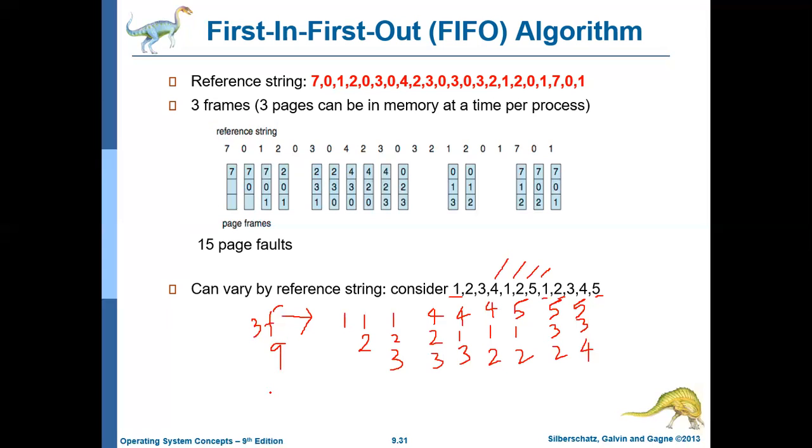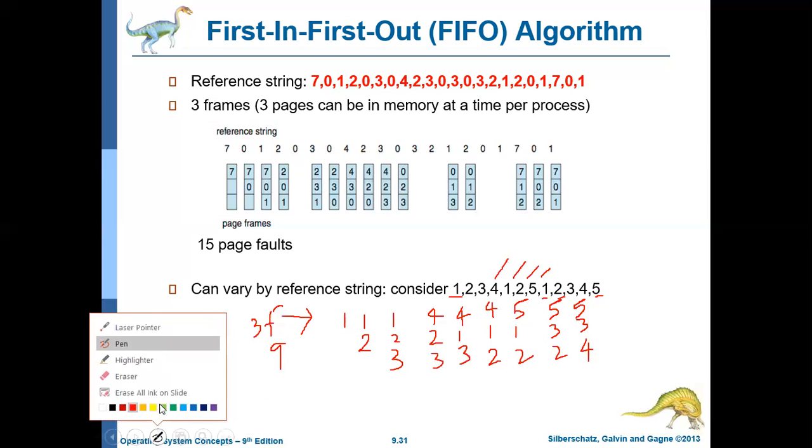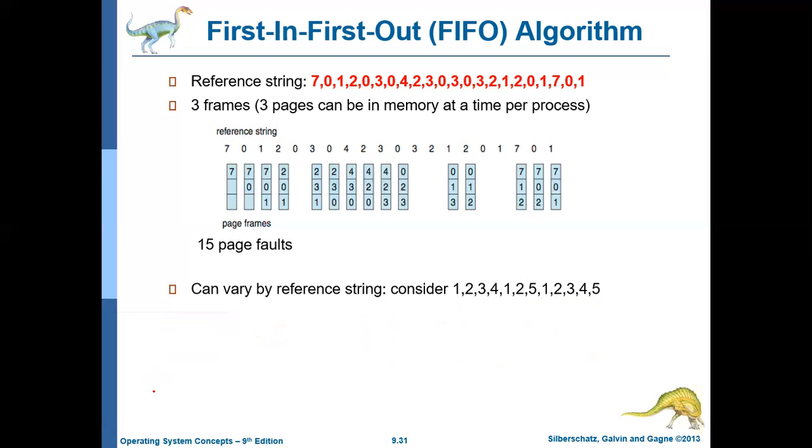For this same input, let us assume that the number of free frames is 4. Let us see how many page faults it will create. First 1 will create a page fault, then 2 will create a page fault, then 3 will create a page fault. Next 4 will create a page fault. Now we are assuming there are 4 free frames, so after 4 created a page fault, the memory becomes full because there are no more free locations.